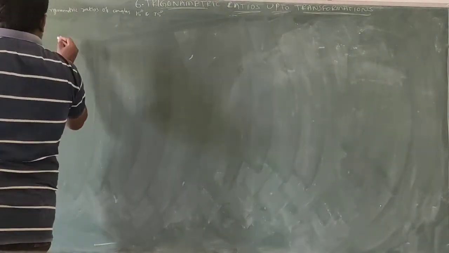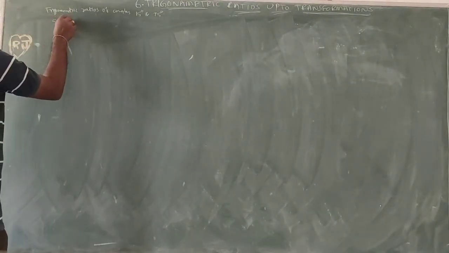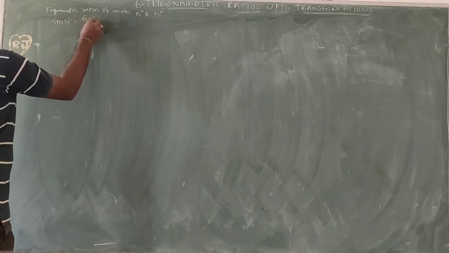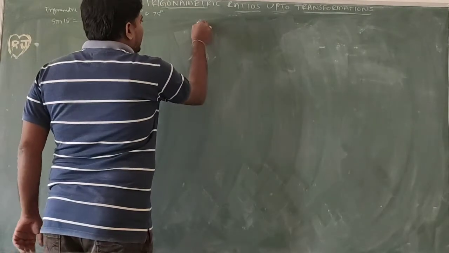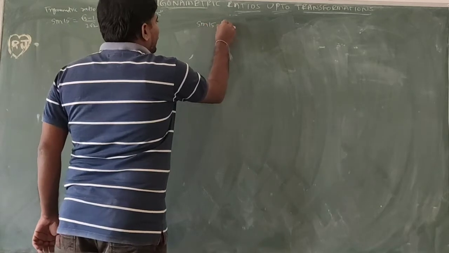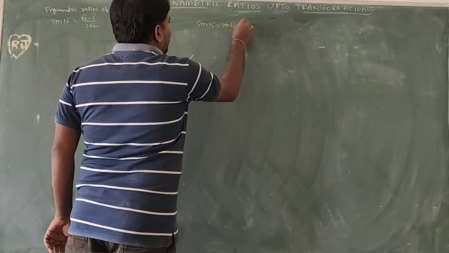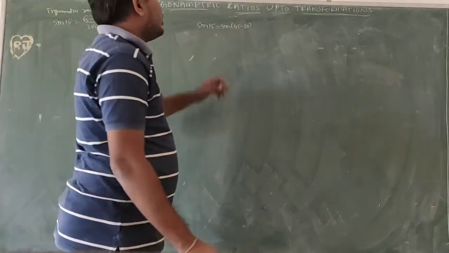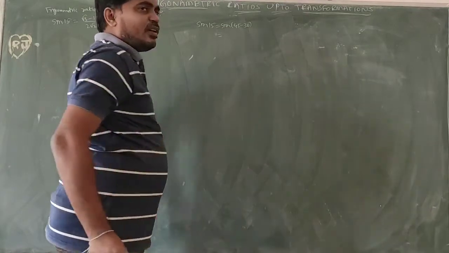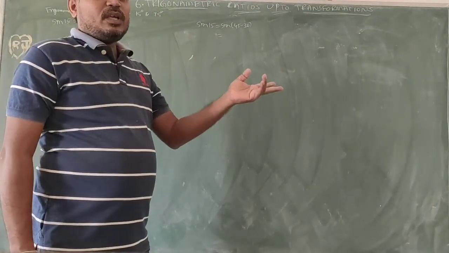Okay, so sin 15 equals root 3 minus 1 by 2 root 2. I am taking sin 15 equal to sin of 45 minus 30. 45 minus 30 equals 15, right, like this. So using the sin of A minus B formula, sin A cos B